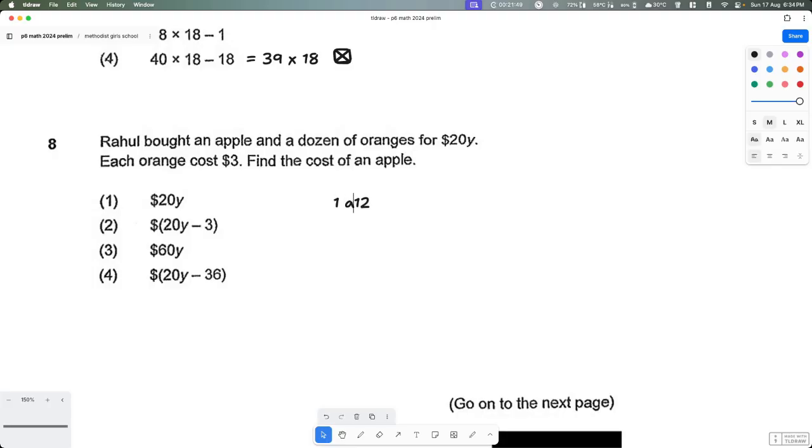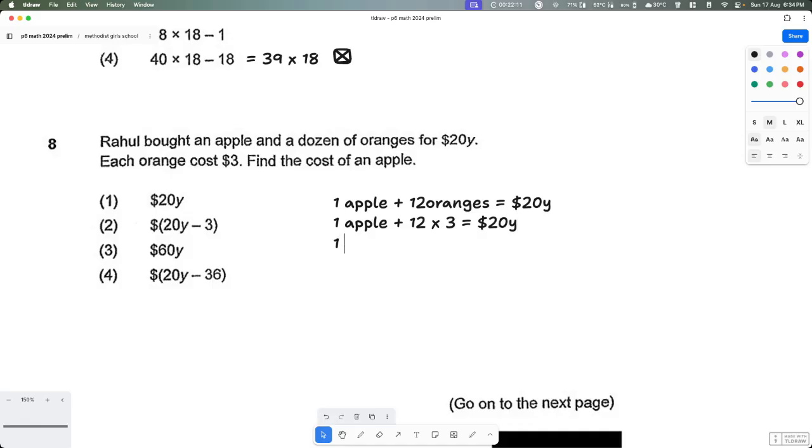One apple plus 12 oranges is equal to $20. So we know each orange costs $3, so it's one apple plus 12 times 3 equal to